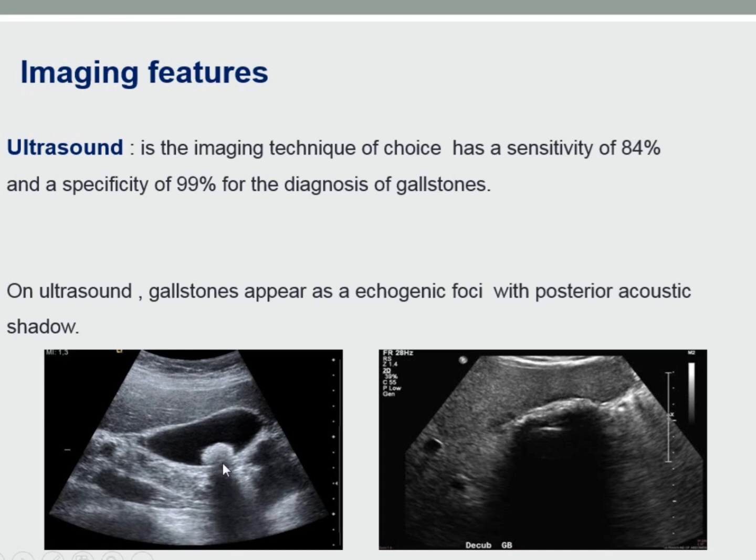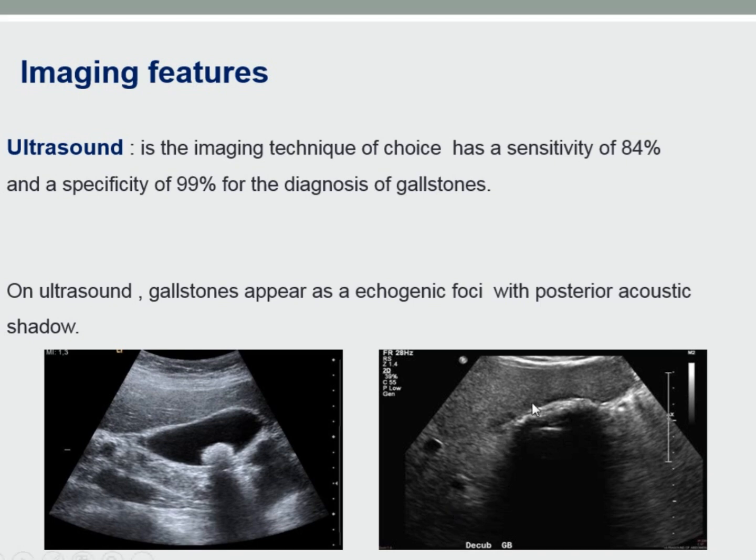When we see gallstones, you may ask the patient to turn on their side, or examine the patient in a different position, to see if the stone changes its position. This sign is called the rolling stone sign. It is beneficial for differentiating a stone from other causes of echogenic foci within the gallbladder. Multiple